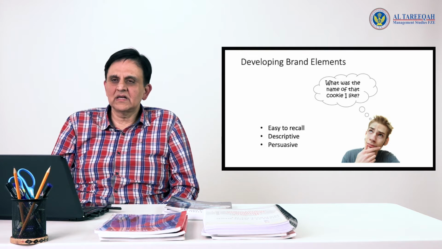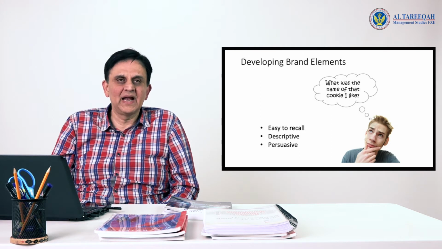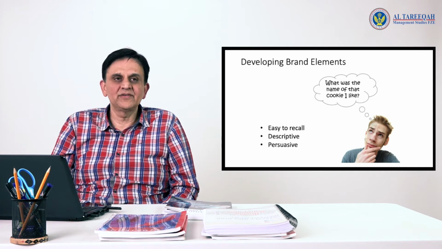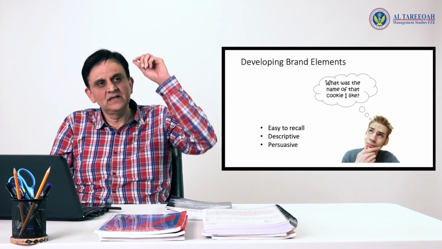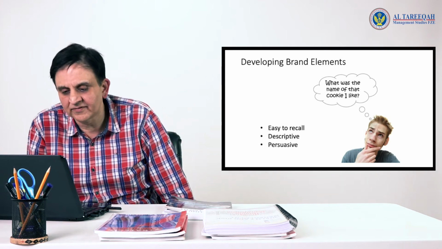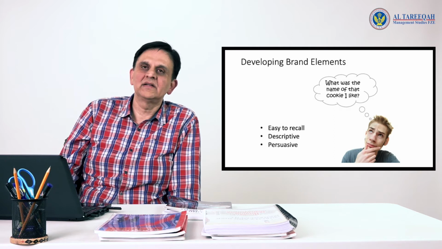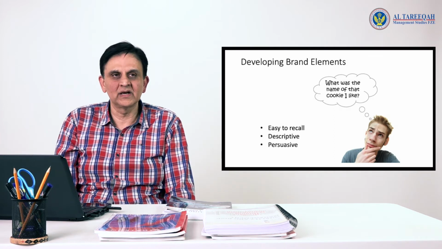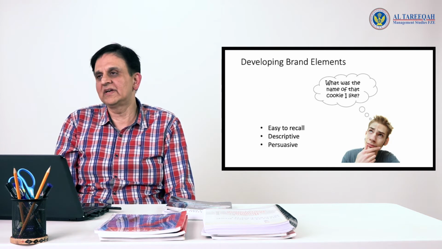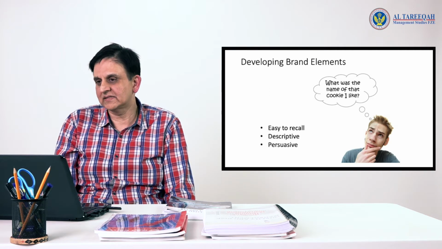There's a consulting company called Interbrand, and Interbrand does a survey every year to identify the top brands. I think it does the top 300, if I'm not mistaken. And the leading brands are McDonald's, followed by Coke, followed by Apple, IBM. They're definitely in the top 5 leading brands.